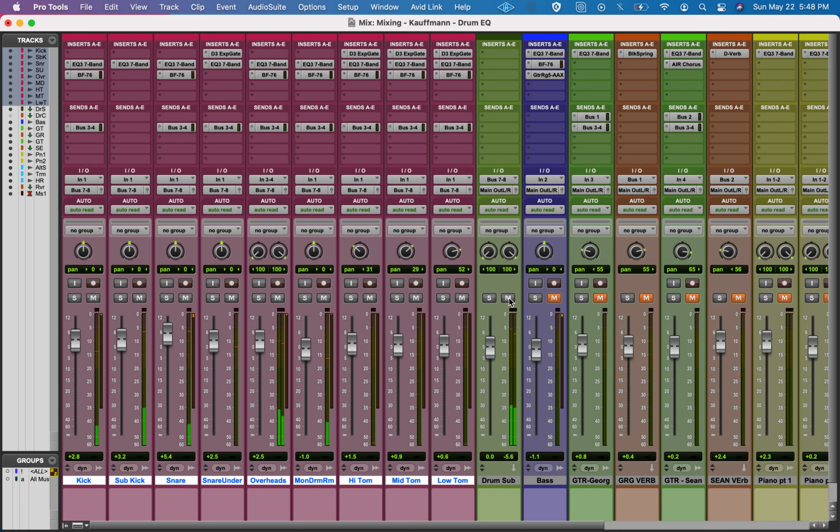So now that offers us a couple things, and I'm going to show you an example of a VCA that doesn't pass audio. So the drum sub, this aux input track, does pass audio, but it also allows me simply to raise or lower the volume of the entire drum kit on one fader. I could do that in a group. I could do that in a VCA. However,